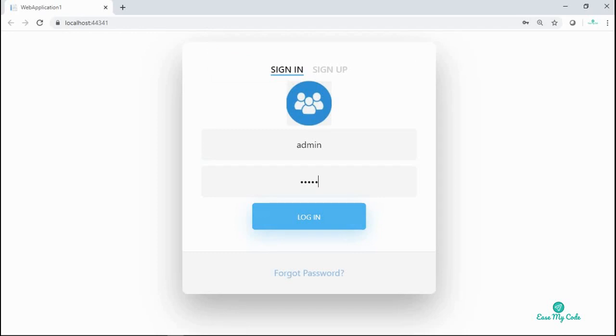If I enter something which is valid, say the valid user ID and the password, and press on login, it will give the alert message of successfully logged in. So all these validations, this is a very basic validation. You can customize the login page as per your need. Just for the sake of the example, I have created this. So all these validations, we are fetching the data from the database.